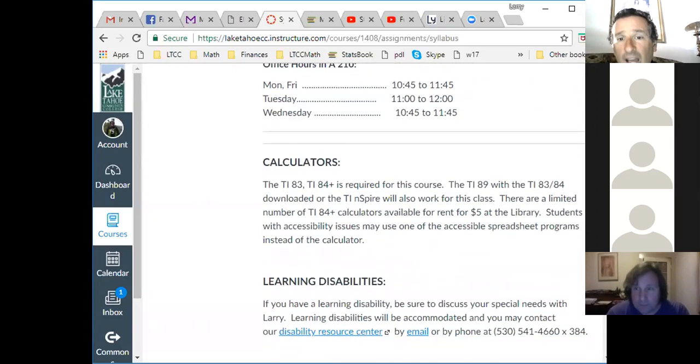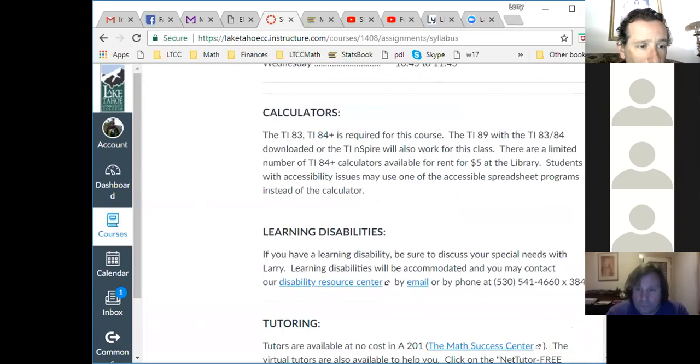Calculator is the one thing that is a requirement in terms of financial cost, but there is a way to do it free. First, I strongly recommend the TI-83 or TI-84 Plus, because that's the standard statistics calculator that pretty much every class in the country uses. So I use that one. It's ancient. It's not my favorite technology. No one uses it anymore to do real statistics. They use the internet, but unfortunately, I can't let you have the internet on tests, because then you'll email each other and stuff. But the 83 and 84, that's what you're using on the tests.